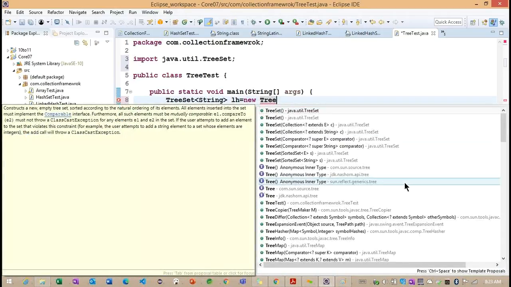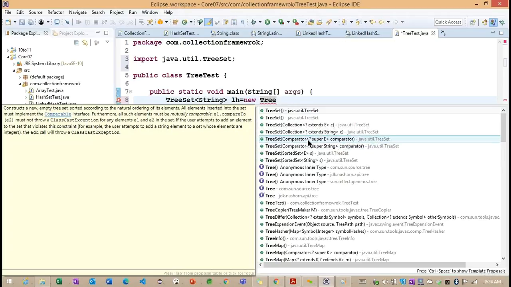Now observe this particular tree set has different constructors. The collection one we already identified, but the difference here is one expecting a comparator. The comparator will provide the information on which order we want to sort, whether ascending or descending.